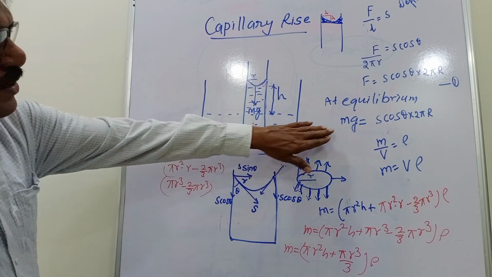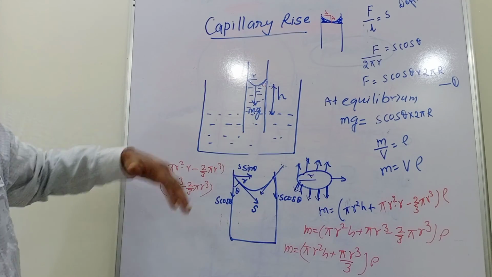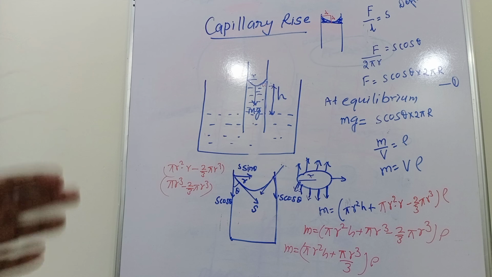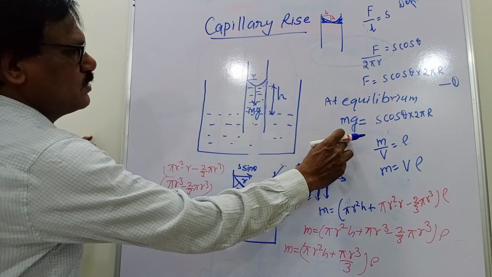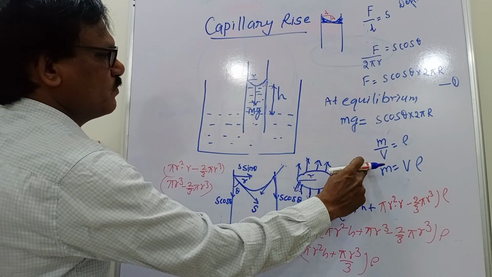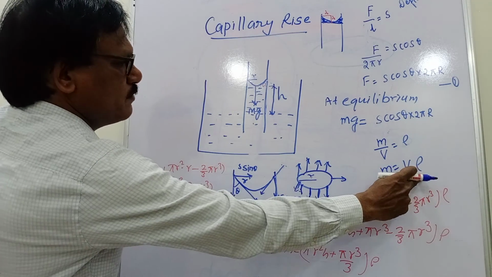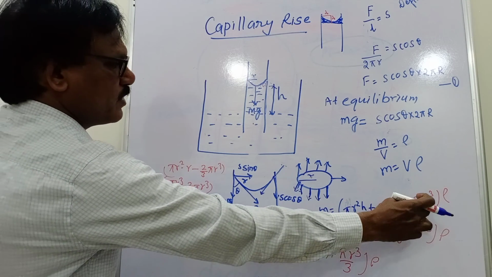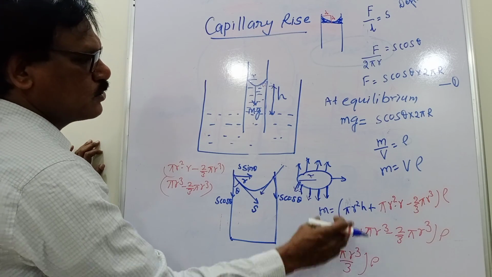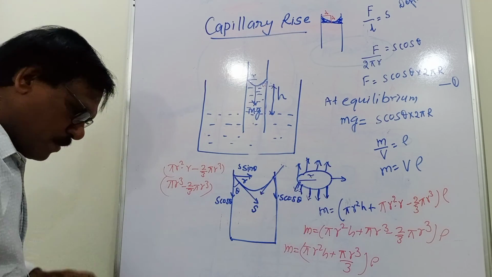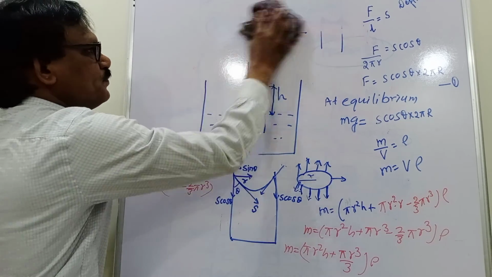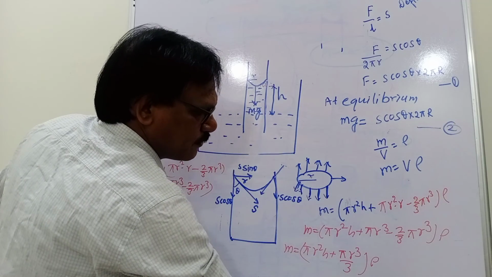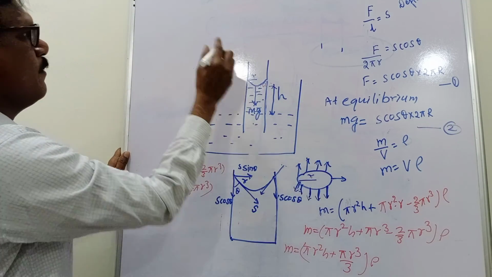So when we put mass here, because mg, the liquid which is inside the water column, acts in downward direction and the force due to surface tension is acting in the upward direction. So mg is this much. Actually mg is mass, and mass will be volume into density. This is the volume of the water in the liquid column multiplied with the density. So this is mass. So we have to put this mass in this equation. And when we put it here in the equation, you can say this is 2 and this is 3. So this we will put here.